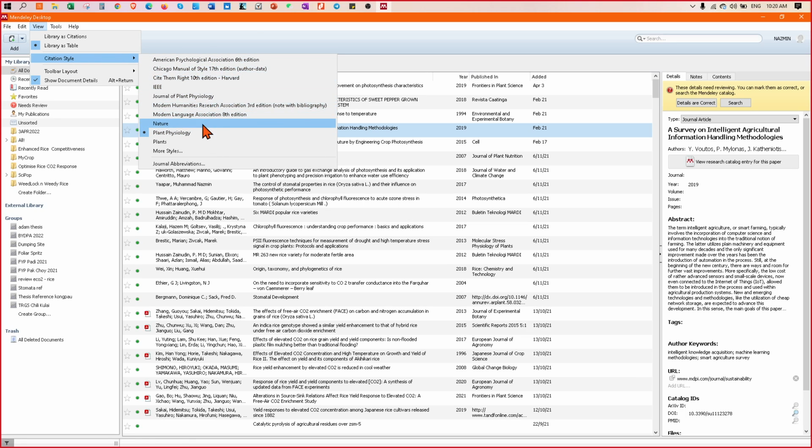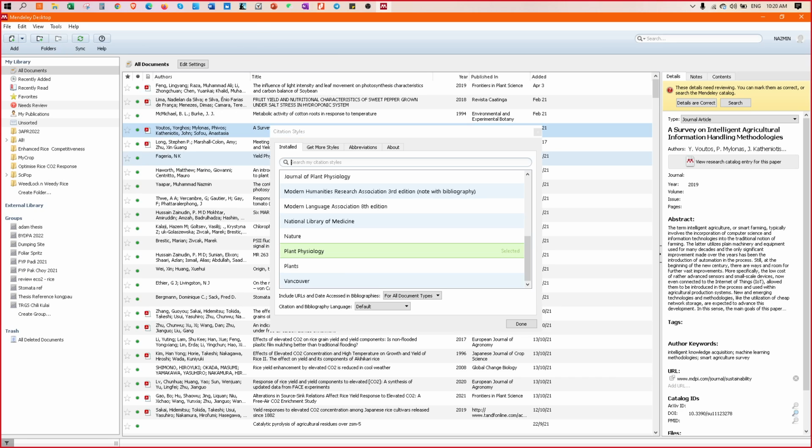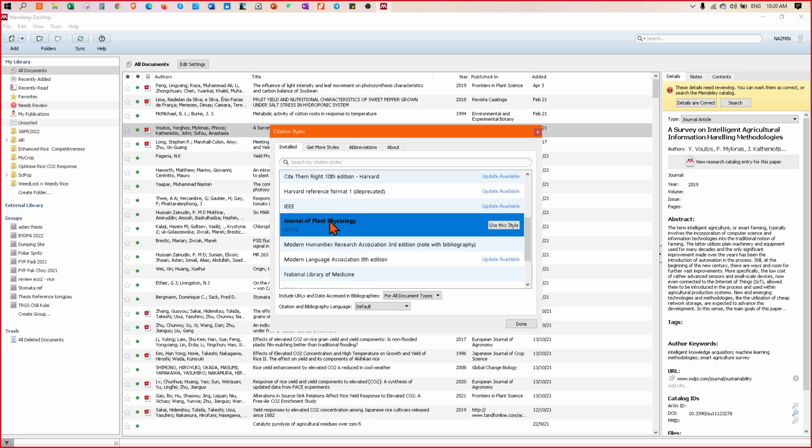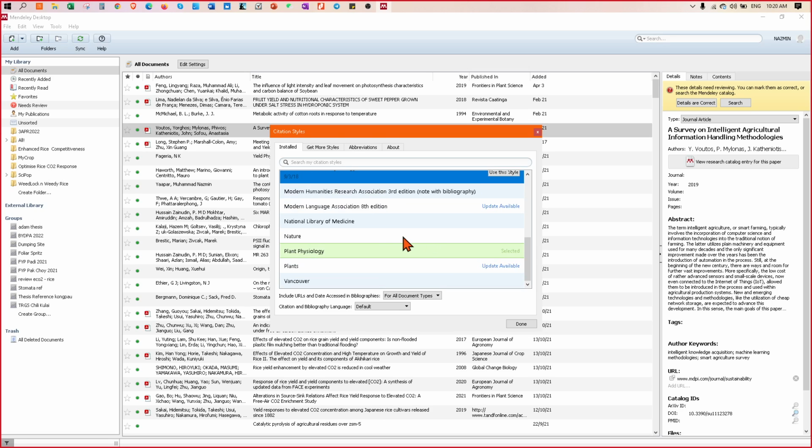If it doesn't have it here, you need to go to more styles, and then you'll find whatever you want. Let's say you want plant physiology, you select it, and then you need to install it. You need to tell Mendeley to use it.